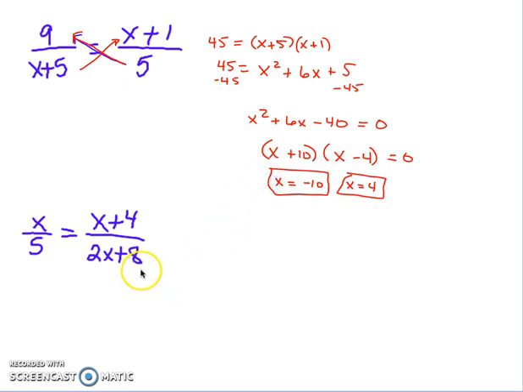All right, for this last one, we have an x already in the numerator here. So really to solve for this, I've just got to cross multiply my 5 over. So for that, I would end up with x equals 5x plus 4 divided by our 2x plus 8. Okay, so we want to solve for x, and I can see here that if I factor out a 2, then that would leave me with 5x plus